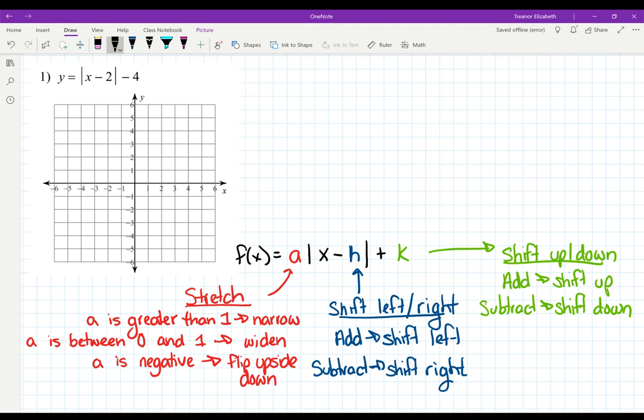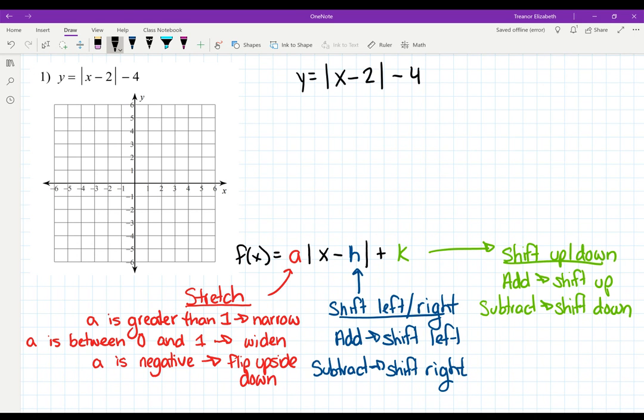So here is number 1 from your worksheet as an example. At the bottom of the page, you will see the function for an absolute value function using a, h, and k and giving you the rules. Okay, so for number 1, we have the absolute value function y equals the absolute value of x minus 2